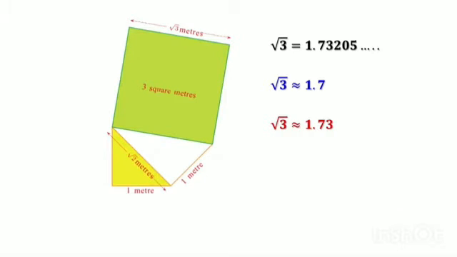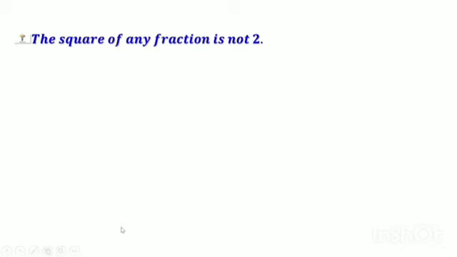In general, for any positive number x, the length of a side of a square of area x is written as root x. In some cases, root x would be a natural number or a fraction. For example, root 4 equal to 2, root 9 equal to 3, root of 2 1 by 4 equal to 1.5, etc. In other cases, we compute fractions whose squares get closer and closer to x and write root x in decimal form.